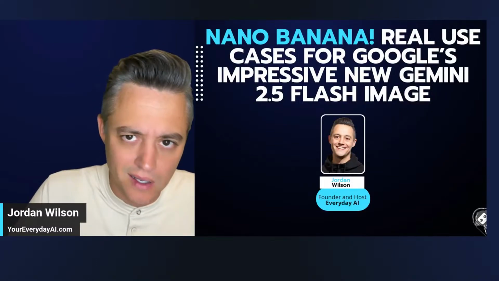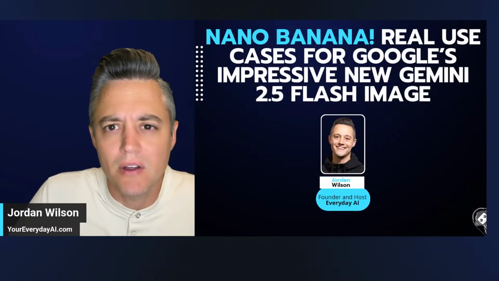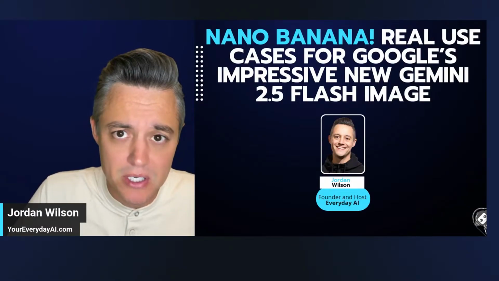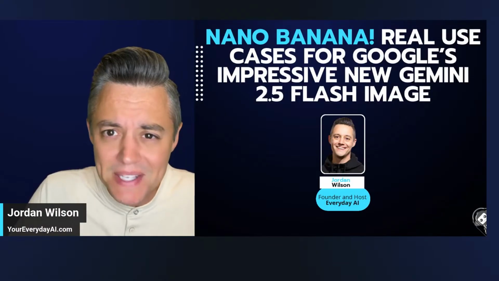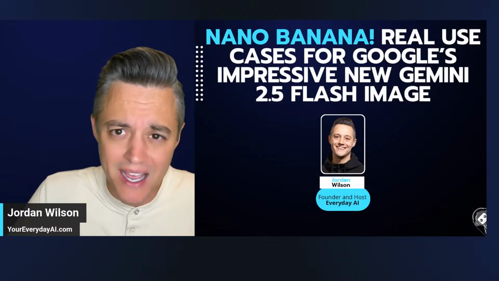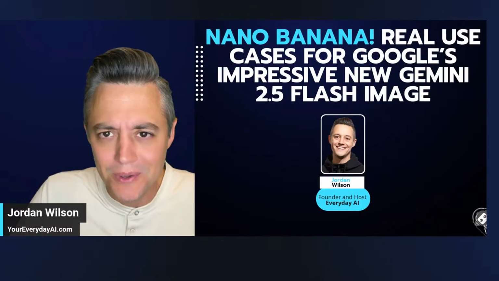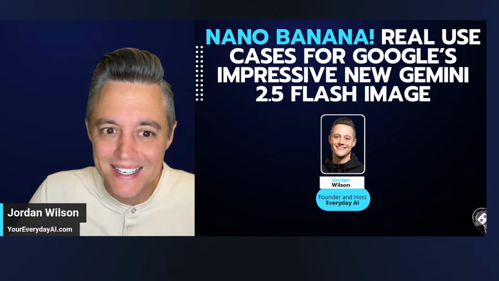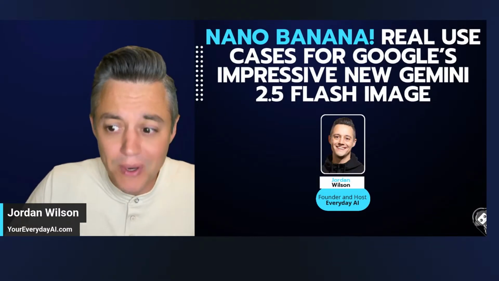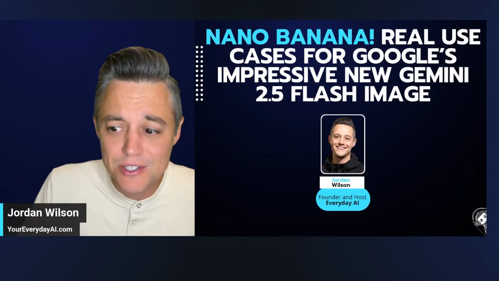Nano Banana is no longer a mystery. So, if you follow AI at all, you've probably seen the very viral images making their rounds of some mystery AI image model called Nano Banana. And after some not so subtle hints from the Google team over the last 2 weeks, it was finally released on Tuesday. So, the real name, although I kind of wish they just kept it as Nano Banana, is Gemini